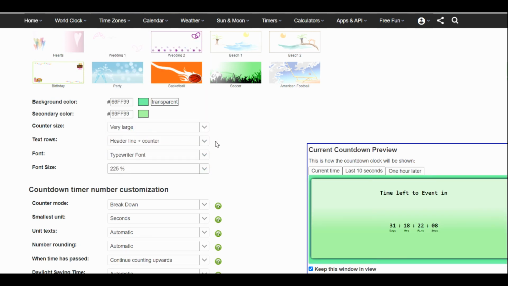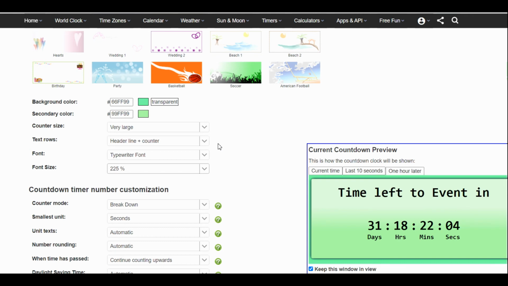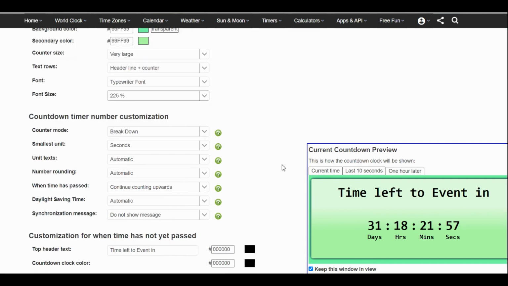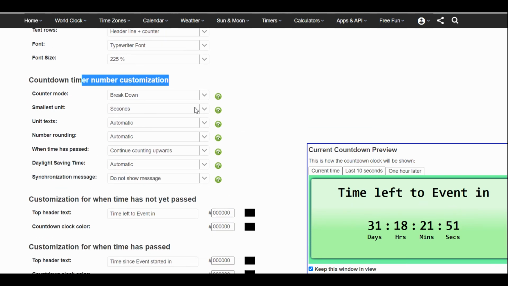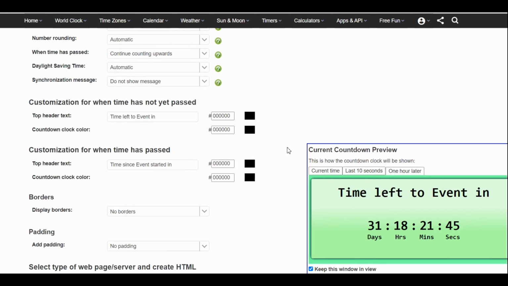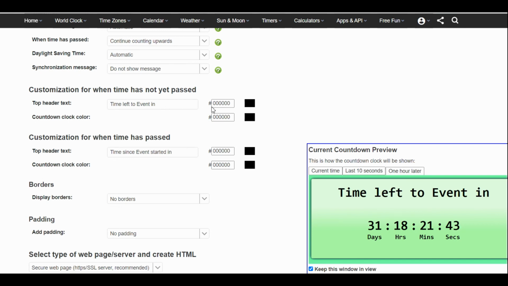Now once you start getting above 225, you start being able to not put long titles in there, but it does make it larger and easier to read. 225 is what I've found to be about my limit. For the countdown timer customization, you're going to ignore all of this unless you don't want the seconds on there, and then you can take this off and turn it into something else. I just ignore everything else here. So down here,